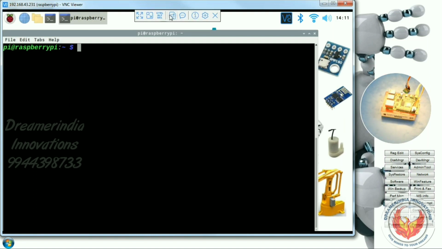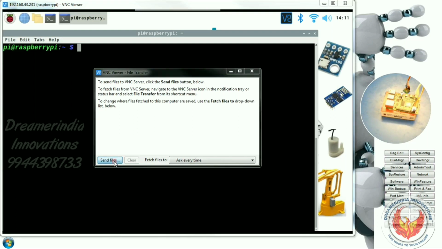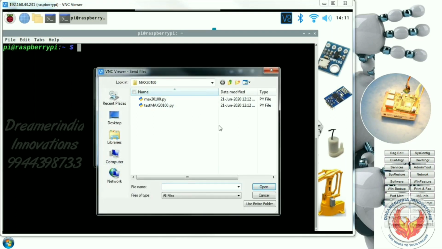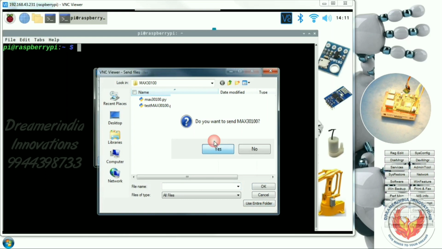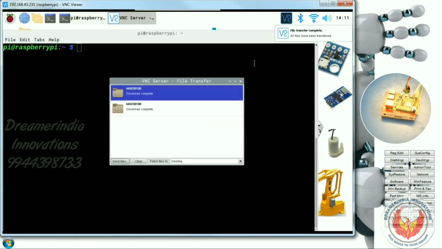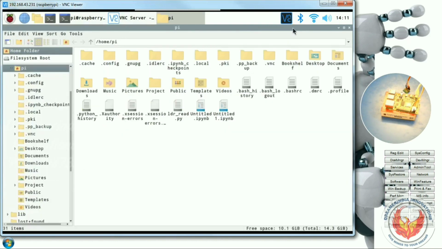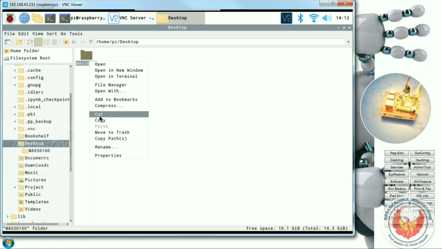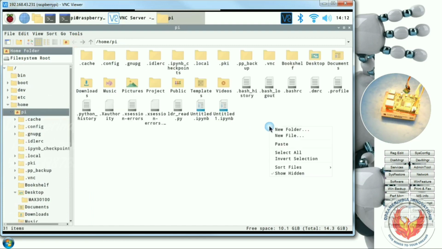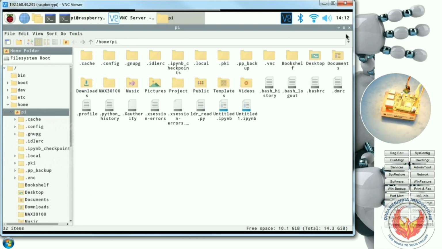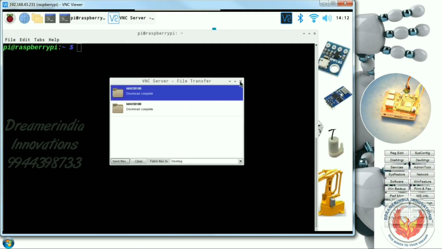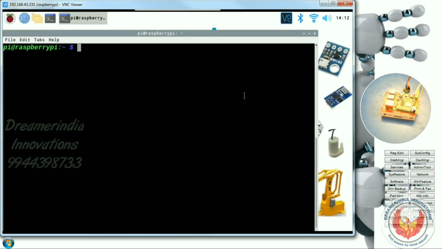So I'm just going to transfer those files to the Raspberry Pi through VNC. So it is transferred. By default it will be on the desktop. I'm just taking it to the Pi directory. Fine. So now the file is transferred from the system to the Raspberry Pi.